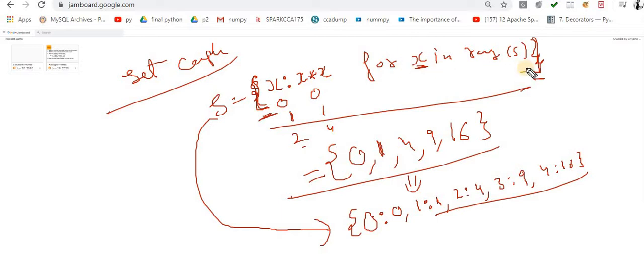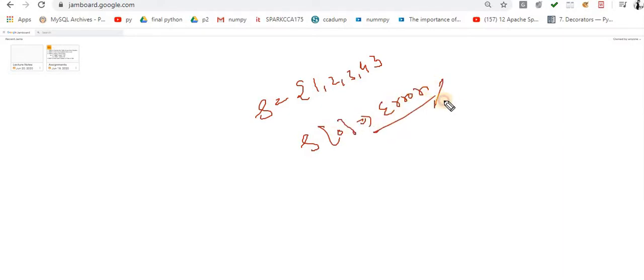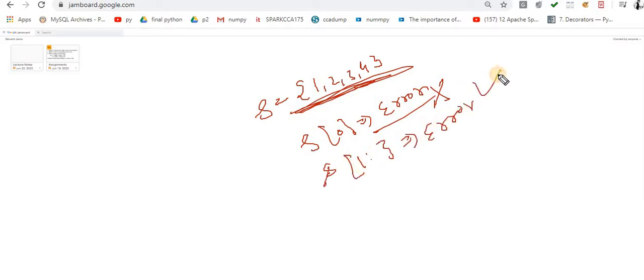So these are basically the methods and functions that are associated with set. You can't perform slicing inside a set. Keep this point in mind. Let's suppose this is your data and you want to perform s of 0. Now you will get an error message because slicing is not applicable to a set. Why? Because this is an unordered collection. That's why you are not supposed to perform slicing and indexing. In the second case, if you want to perform 1 colon and that's it, again you will get an error message. So keep this point in mind.